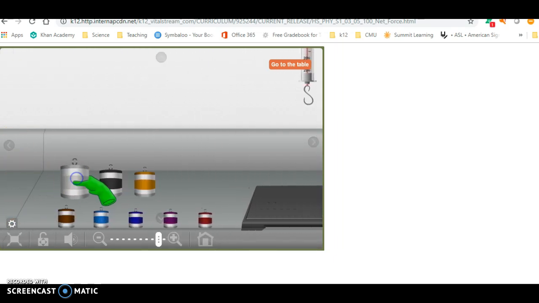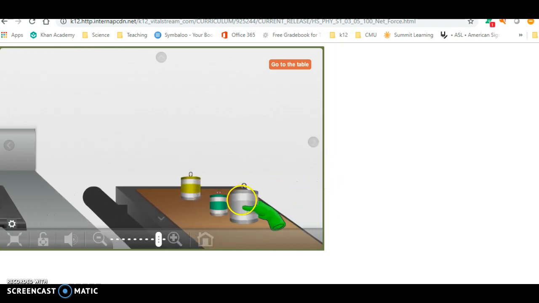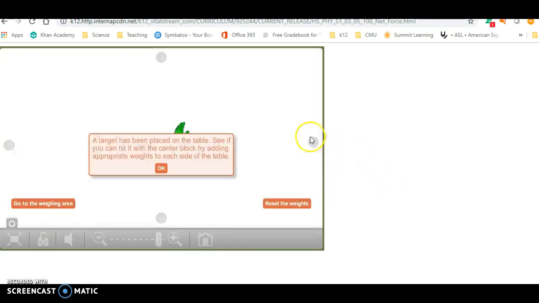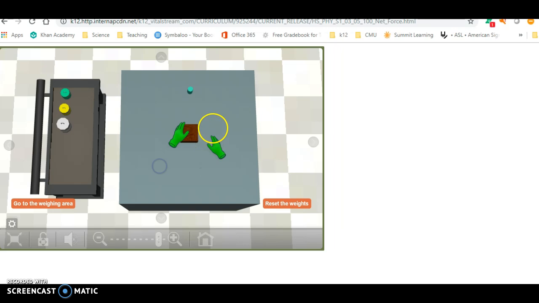You can pick others as long as you have their weight. It will help you still determine this lab. And I'm going to click on them and put them on the cart. So now I have my 3 weights on the cart, and I can move them over to the table. If I click on the cart, it will roll it over to the table,